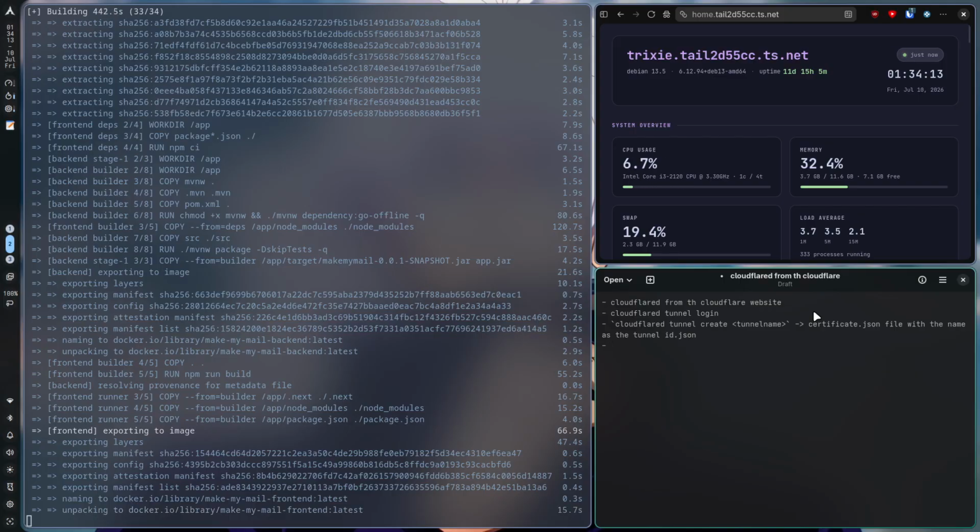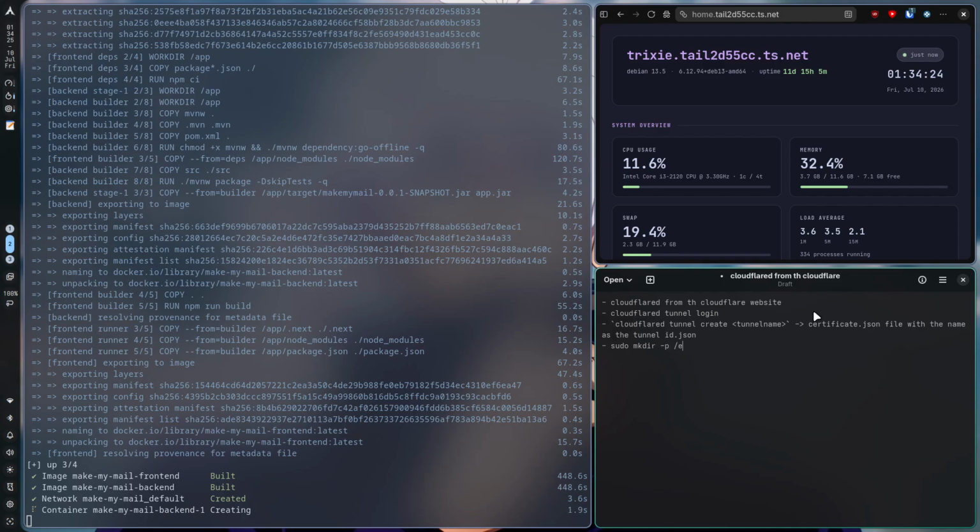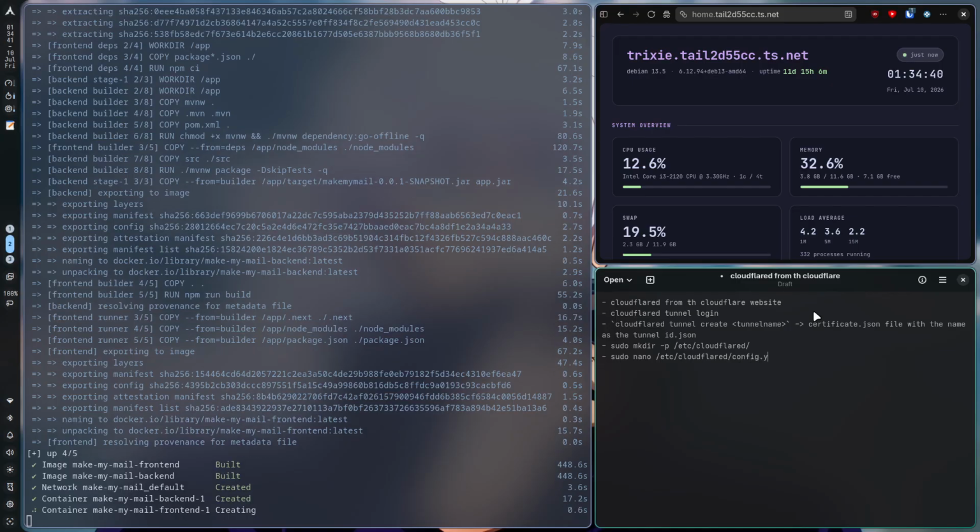After this, what we do is we make a file called config.yml in this folder. First we make this folder, then we make this file: /etc/cloudflared/config.yml, and then inside the config.yml we will paste